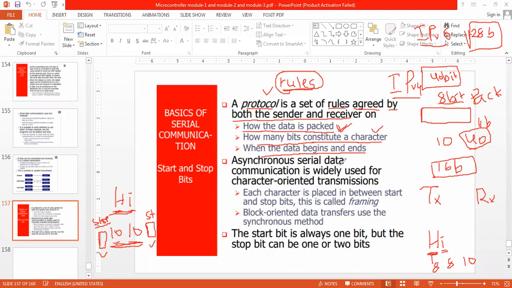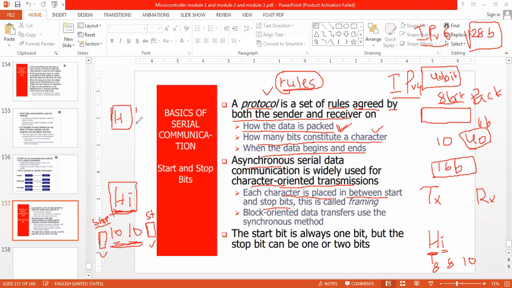Then in asynchronous serial data communication, character oriented transmission is widely used. So in asynchronous communication, the communication depends upon character orientation. Each character is placed between the start and stop bits. I have a HI message to be sent. H is one character, say 8 bits.